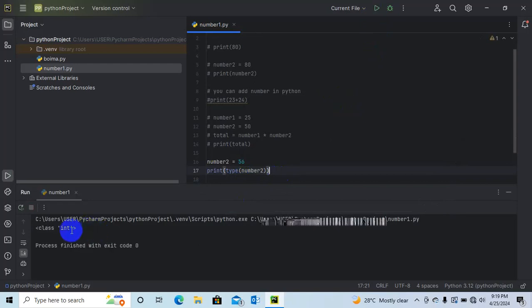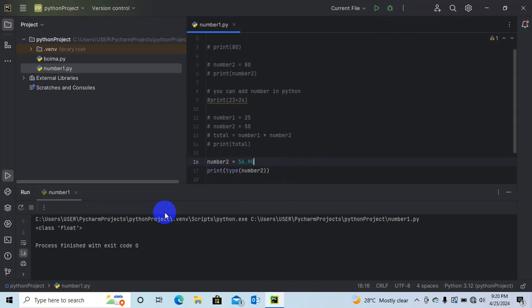So you see integer. If I have a float, I just say point 20 or point 19. So definitely it will tell me that the first one is an integer, and this one is a float. So I can run this. You see, it's a float. So this is how you determine the type of data type. Which one of the data types are you working with? Whether it's a float, an integer, a string, or a boolean.